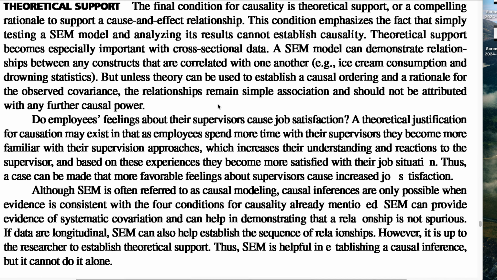Theoretical support. The final condition for causality is the theoretical support of the underlying relationship, a cause and effect relationship. This condition becomes especially important with cross-sectional data. A structural equation model can demonstrate relationships between any constructs that correlate with one another, for example, ice cream consumption and drowning statistics. But unless theory can be used to establish a causal ordering and the rationale for the observed covariance, the relationship remains simple association and should not be attributed